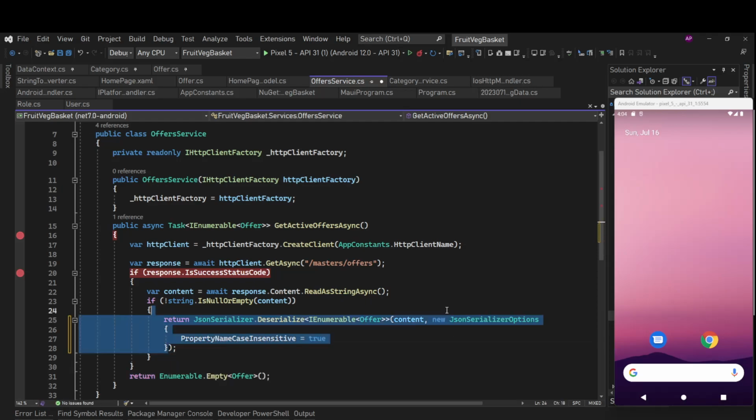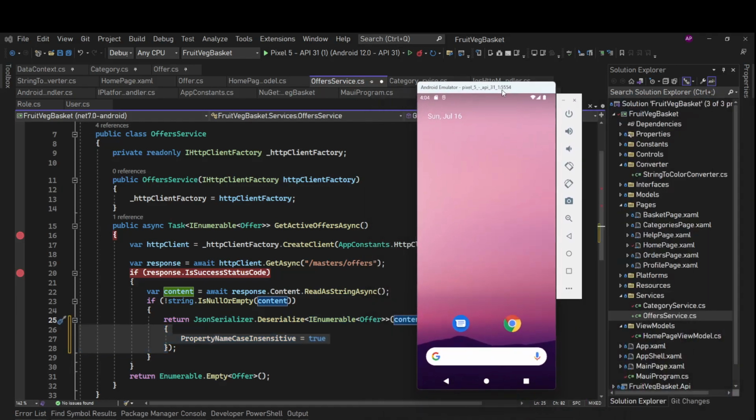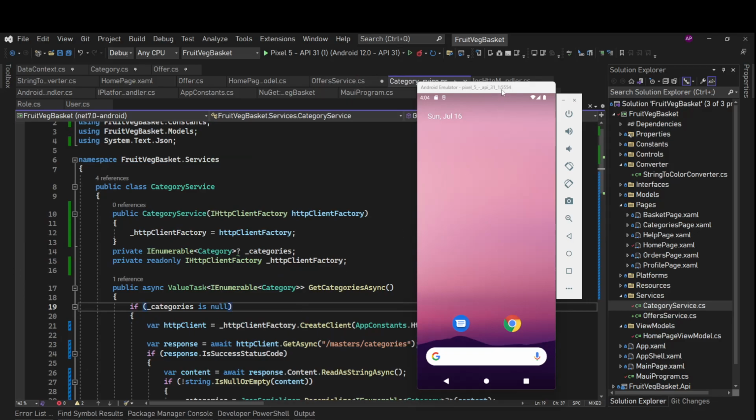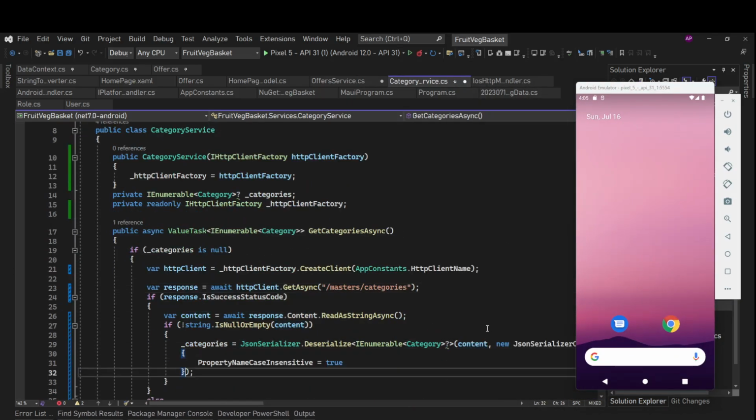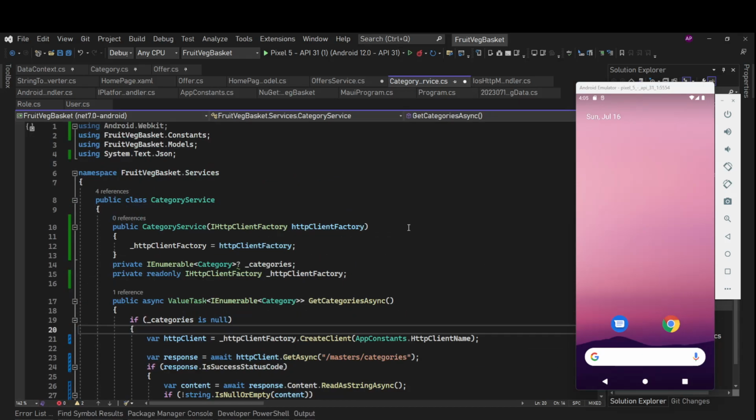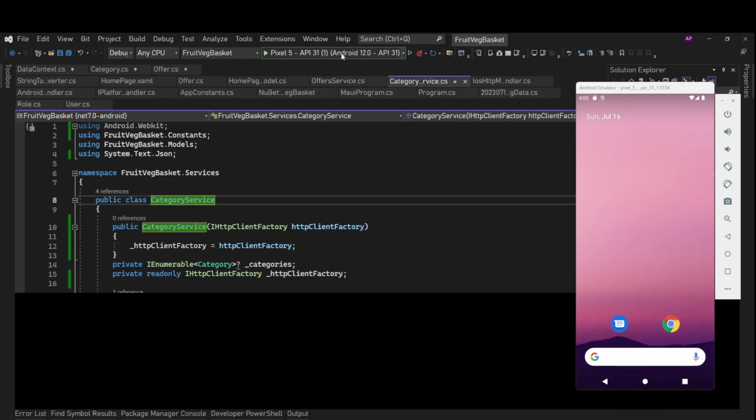So that means we need to do the same thing for our category API. And yes, this is again the same thing. We can control this by having an intermediate service. We'll do this later so that we can have all these configurations at a centralized place. Cool. We have this, save everything and run.